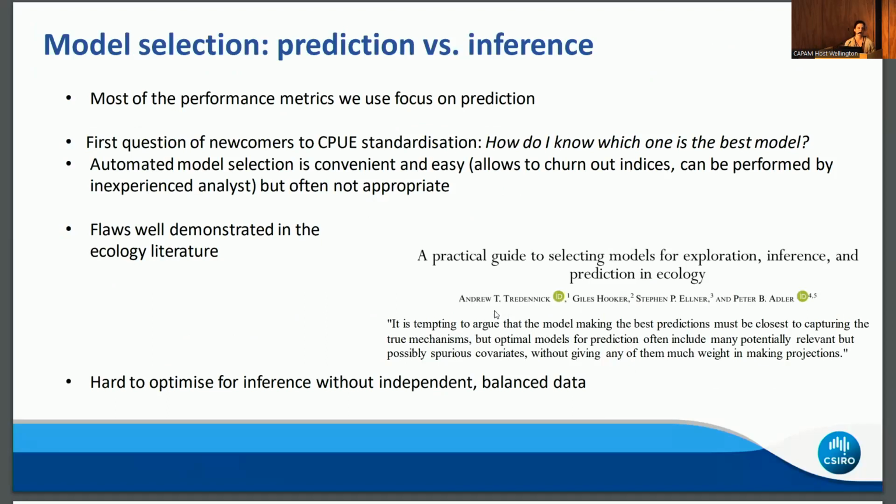And this is further compounded by the fact that the tools that we use for model selection tend to focus on prediction. Even when those metrics try to penalize for complexity, in practice, often the models that get chosen at the end tend to be one of the most complex ones that explain the most variability in the data.